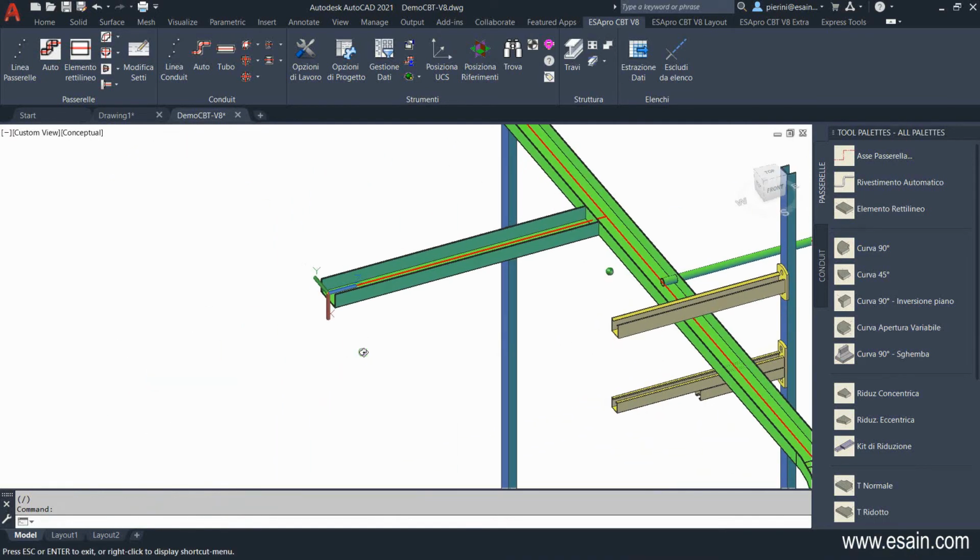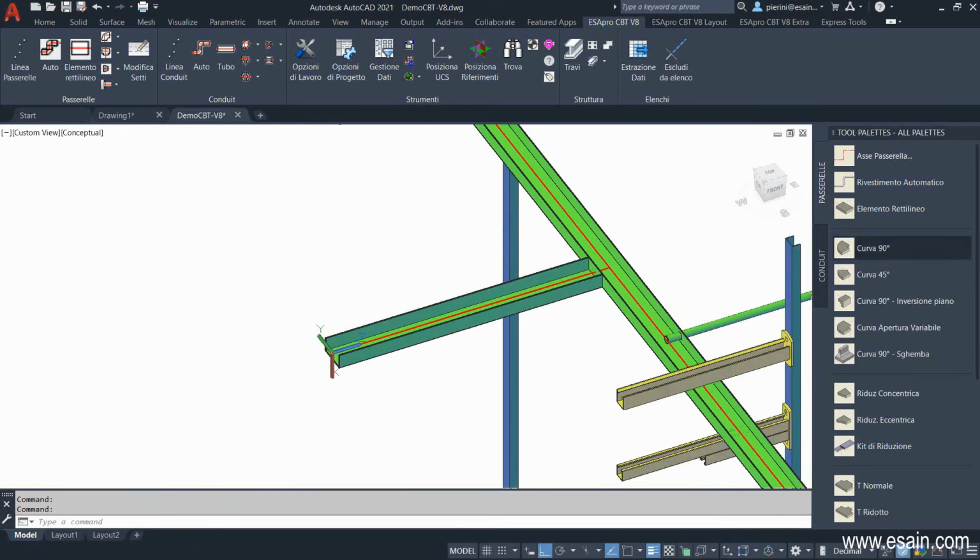And at this point, we're going to add an elbow. With the fit mode, we can attach another object to the pre-existing one, and it will be mounted, keeping the cover direction. Let's add up another elbow. This technique is particularly useful in tight spaces where it's not possible to calculate the path using only the axes.